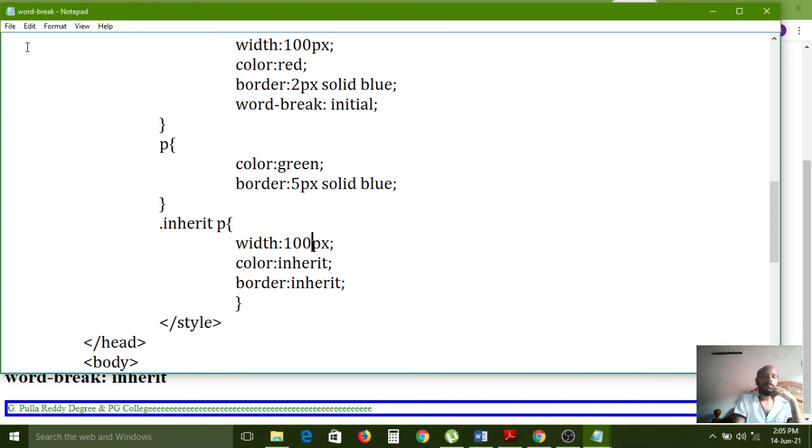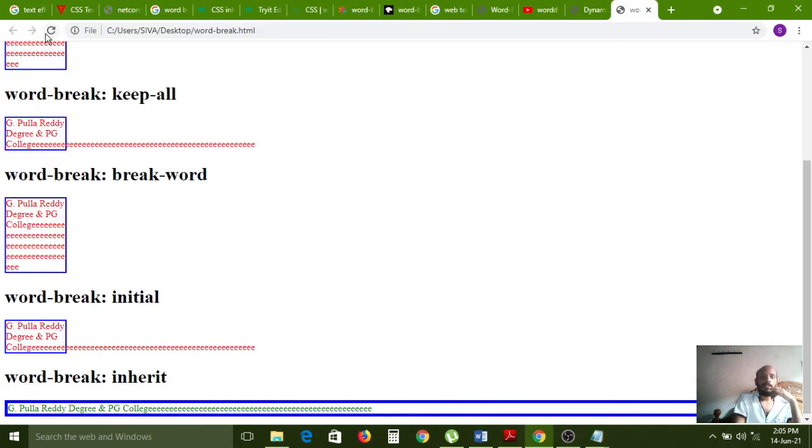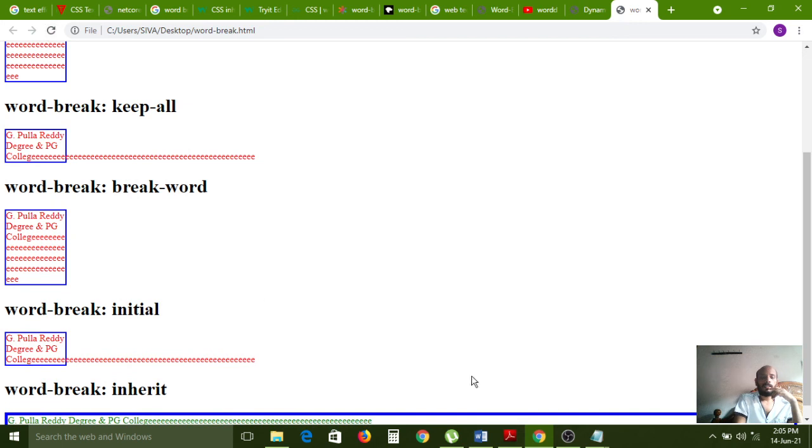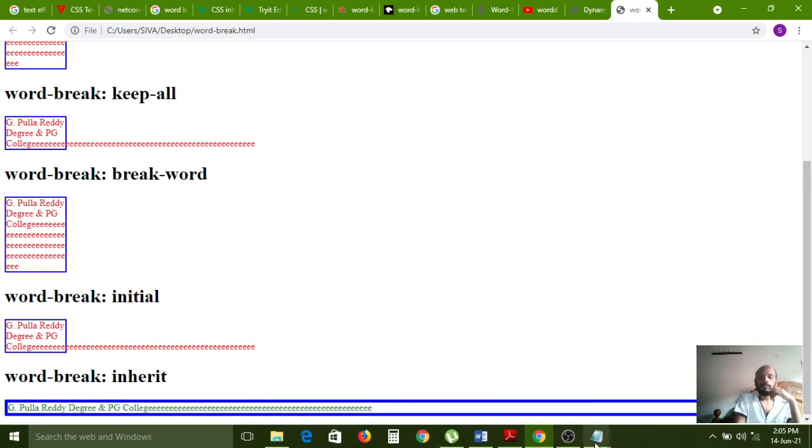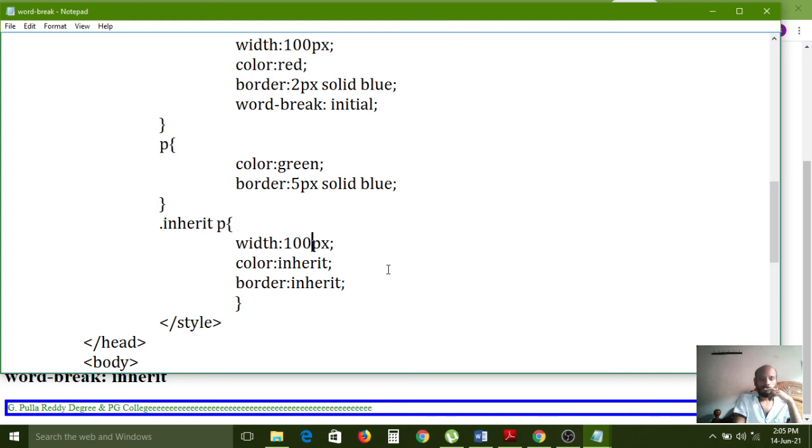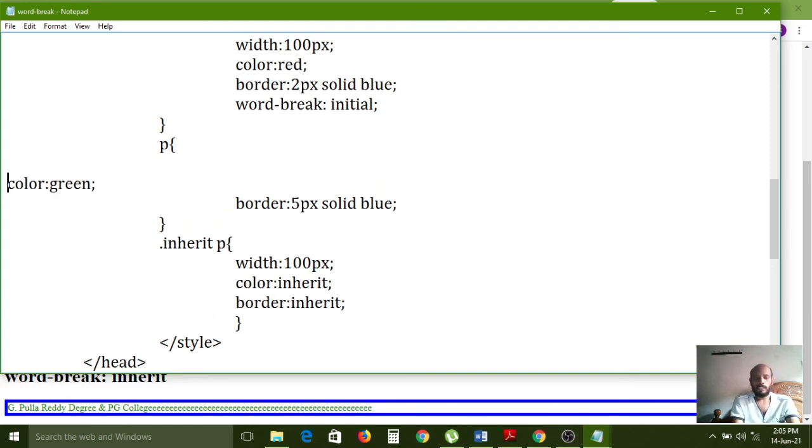Now I am saving this file. Width: 100 pixels. So here also I want to use the inherit keyword, because it is collecting the information from the parent class. So that's why we need to use the inherit keyword.